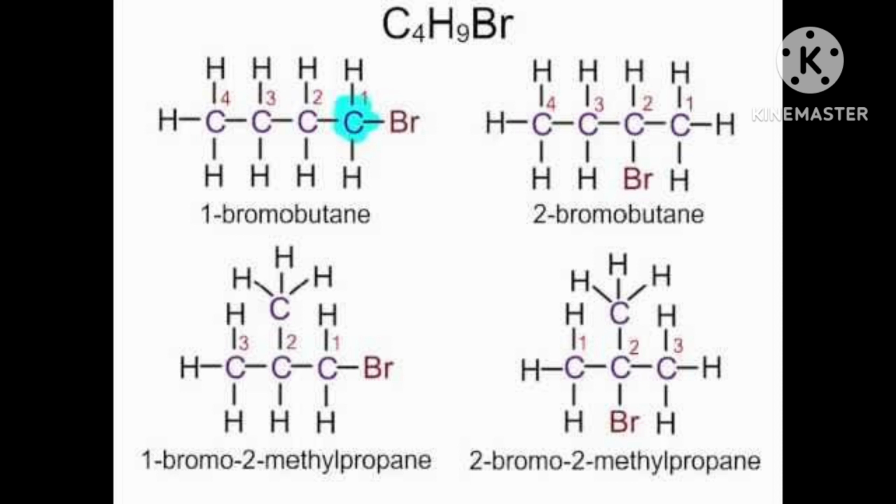In an easy way you can tell 3 carbons are there and it is alkane, 3 means propane, but here one hydrogen is substituted with one bromine, hence propane will become propyl, and bromine is attached, that's why it is called propyl bromide,